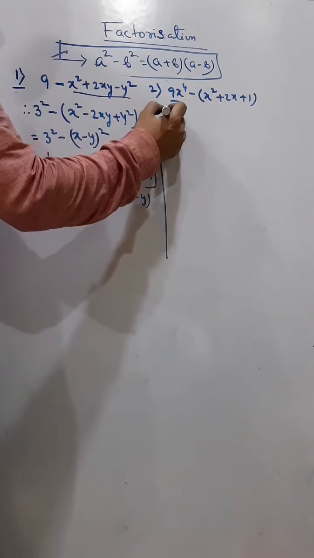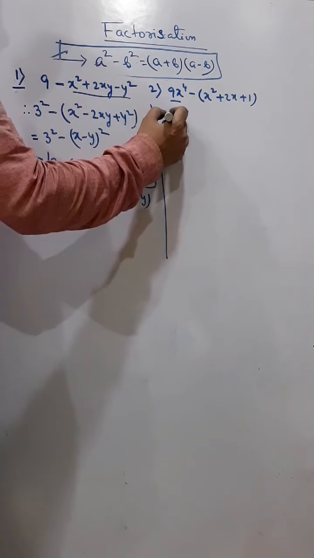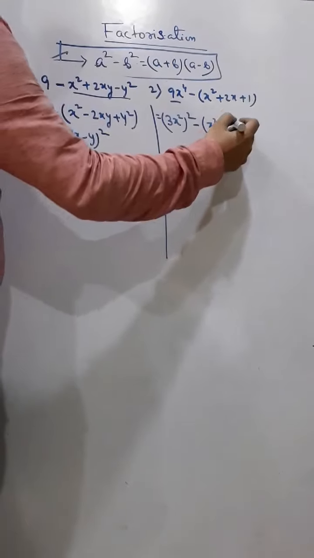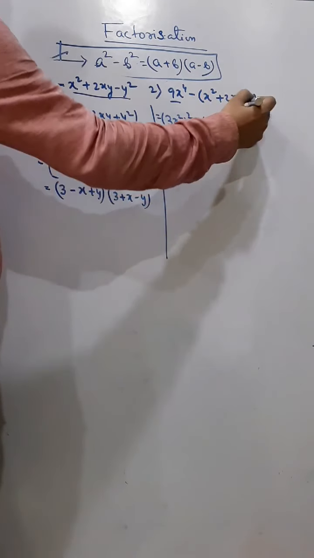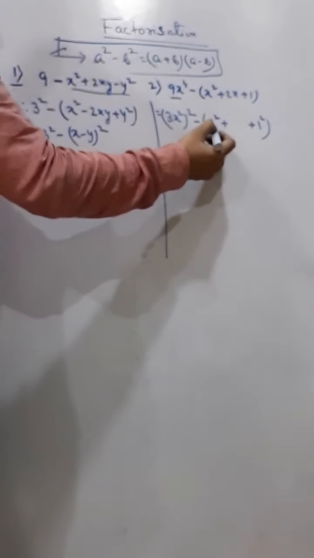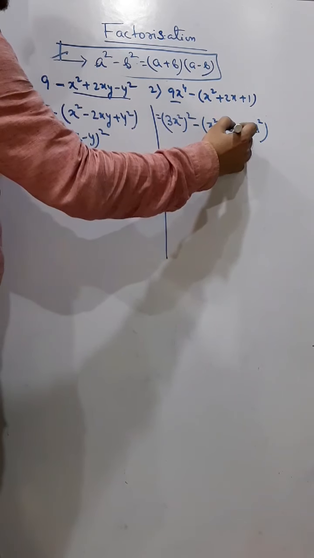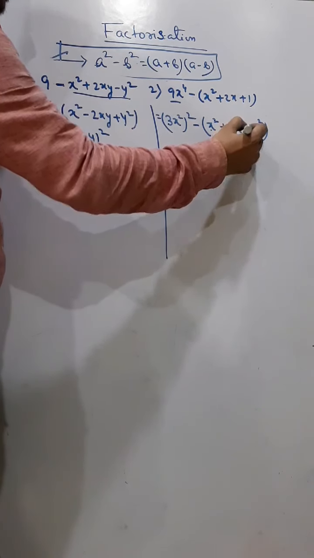Next, here also I can write this one as 3x square whole square, and it is already, the bracket is given, so a square, you can see it is a square. Now it is in that a plus b whole square format, so you can leave the middle part blank, and this becomes a square, and I can write 1 as 1 square. So this becomes a square, this becomes b square, and in the middle we write 2ab. So I write 2 into a and into b, right?